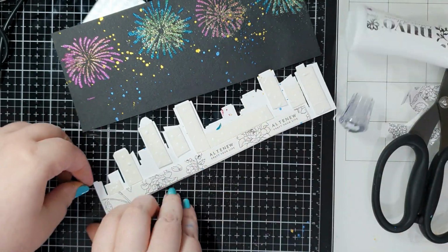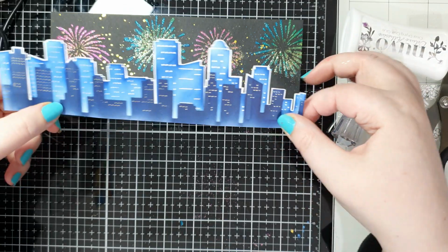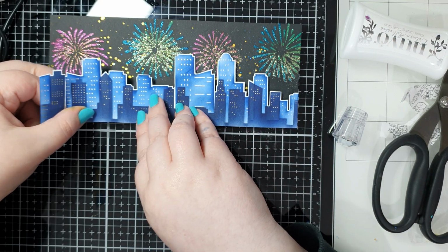Unfortunately, I didn't catch that on camera. I apologise. I was a bit upset because I was so disappointed, but I'm glad that I stuck with it because I really like how the card